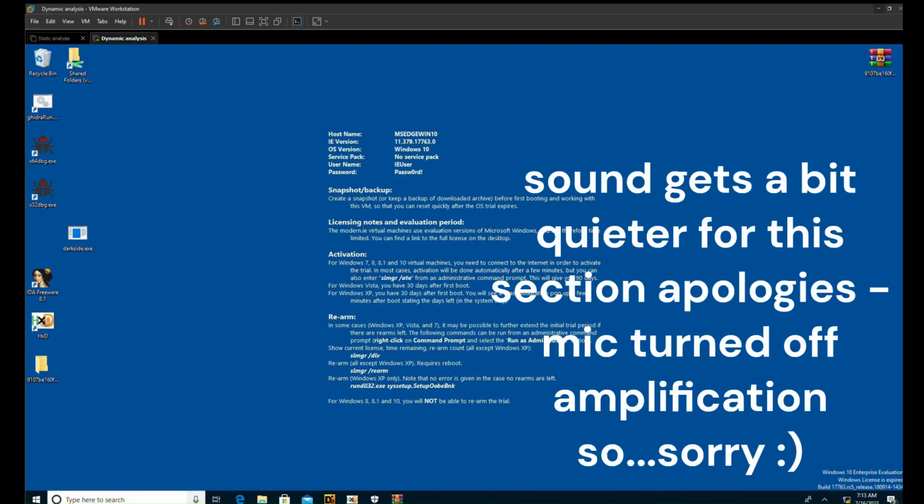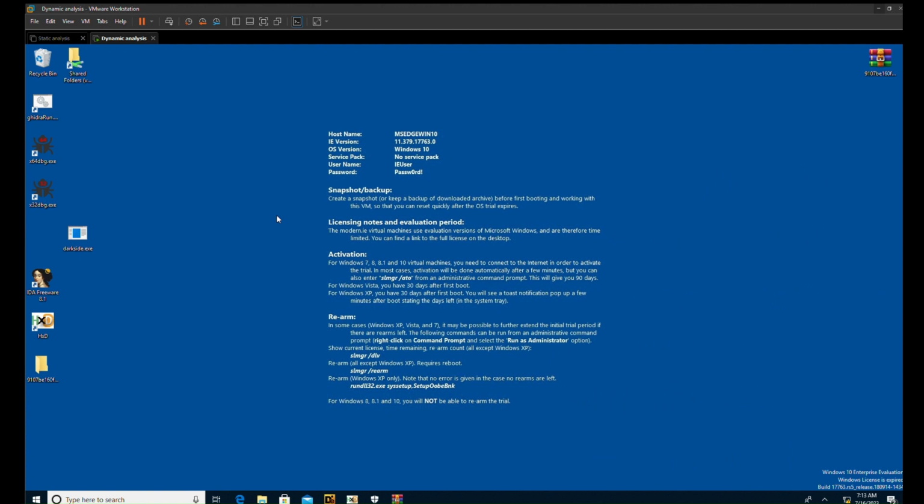Alrighty, here I am in my dynamic analysis virtual machine. You'll notice I have two tabs, one for dynamic and one for static. I think I've touched upon this before, but if I haven't, or I've just forgotten that I have, the most important thing is that I like to have two tabs, two separate analysis machines for static and dynamic, because the dynamic analysis machine has the potential